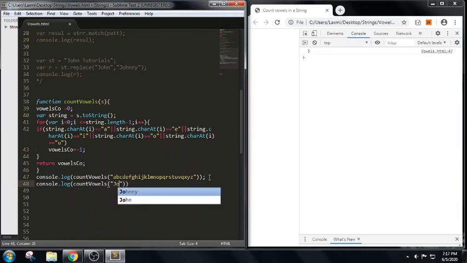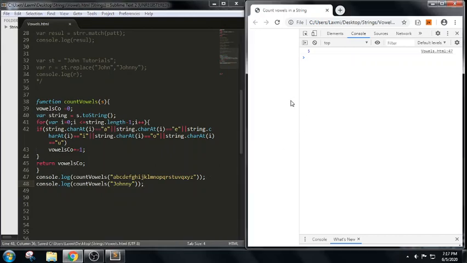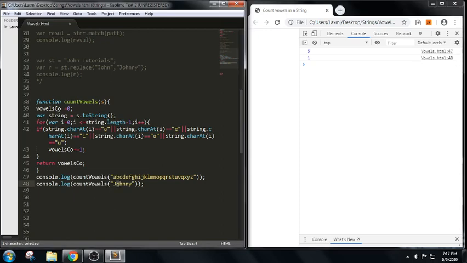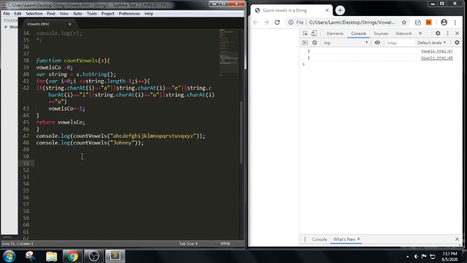Let me write some name here, and let us check now what will be the count. We got 1 because we have only O. So this is the first simple logic which we can do using a for loop followed by this method. Now can we use match? Yes, so this is the first logic which we are trying to write. Logic 1.